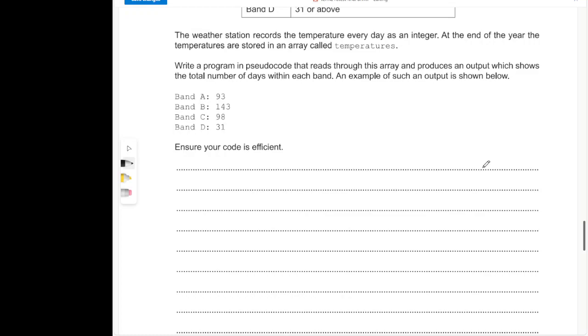Right. There's a few things that we need to be careful of. This is what we call a running total problem. Whenever you've got a running total problem, we're going to have to reset the totals at the start, initialize. So your first thing should have been to write something like this for each of those bands. Okay, so